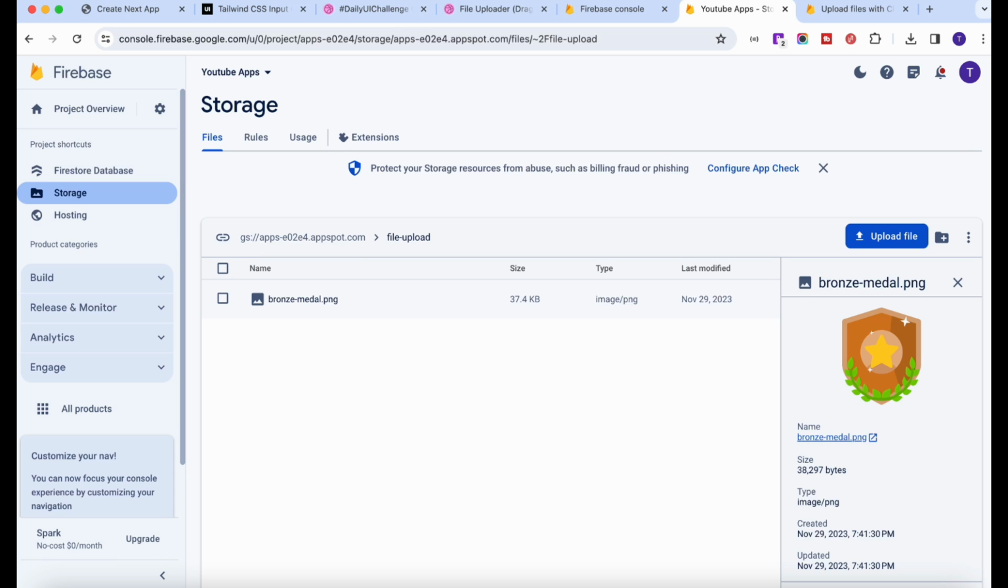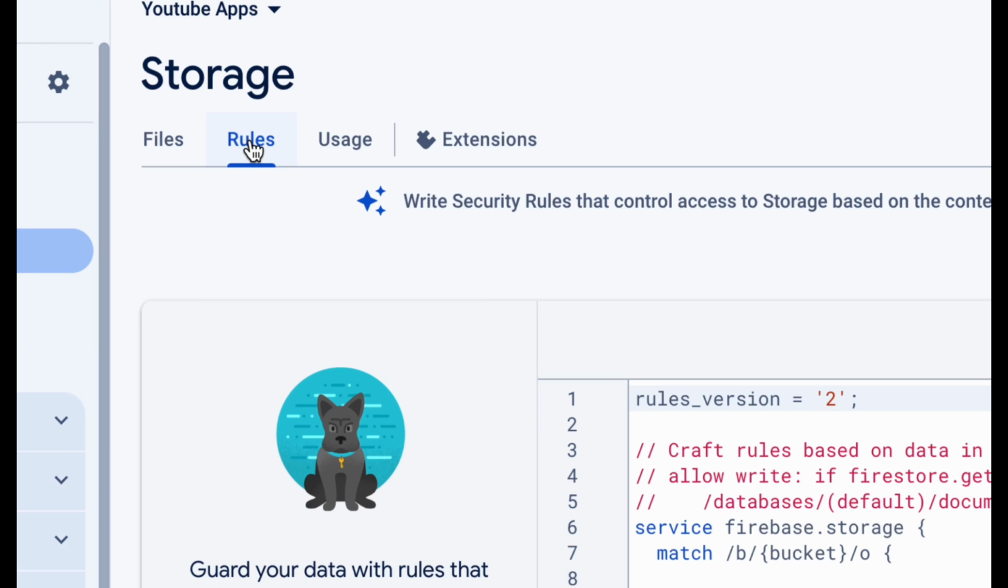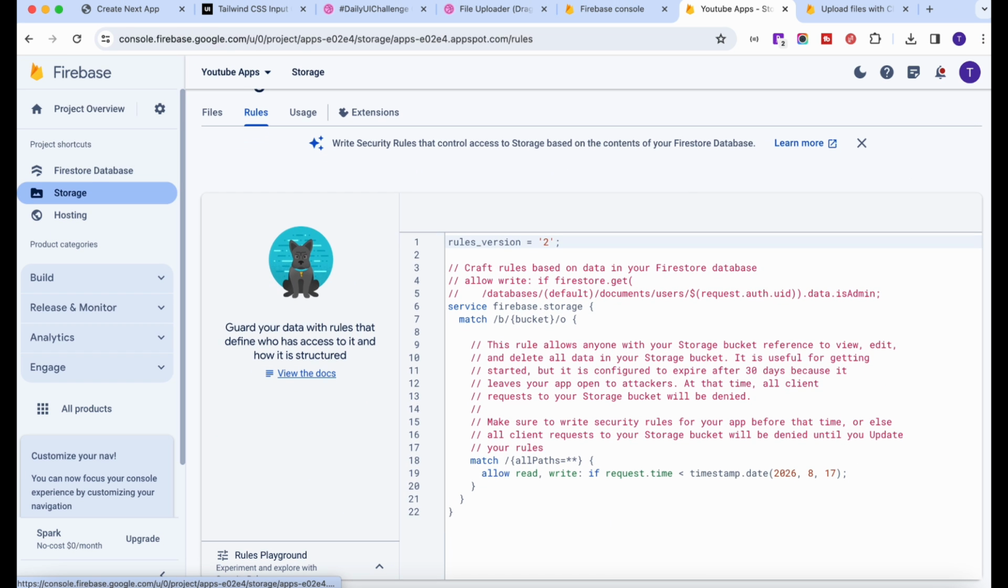Now another thing, many of you might face a permission issue or something like that. To fix that, you see we have another tab called rules. Go to that tab, and here you will see some code. Don't think about that. This code helps us avoid any third-party access to your bucket. And right here, we say allow read, write if the request time is less than